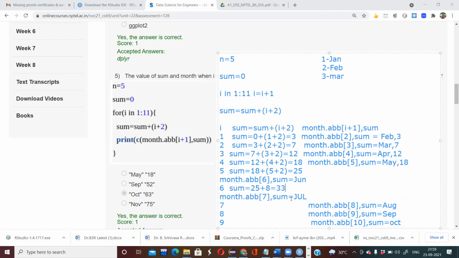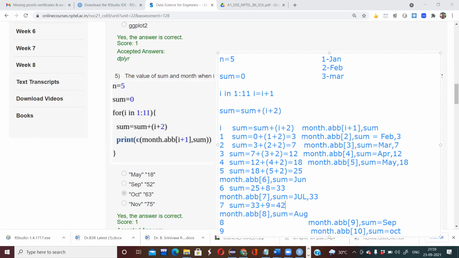Okay, so here it will be July, comma, 33, and here sum will be equal to 33 plus 7 plus 2, 9, that is 42.